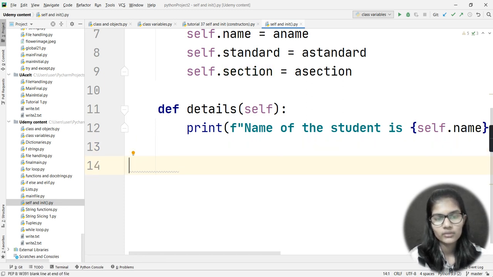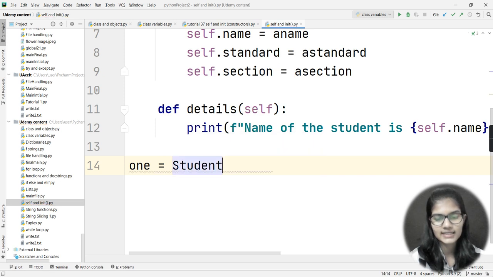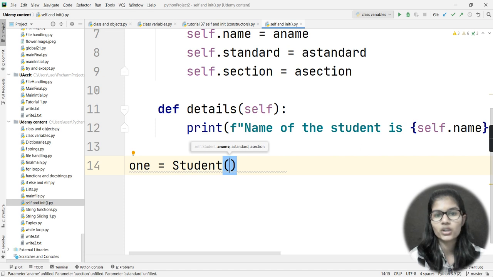Now I would make the object for my class. Now just pay attention a little more. Let's say I made the object that is one. I would use the name of my class, that is student. Now inside this student class, what would I be passing? I would be passing the name, the standard and the section.